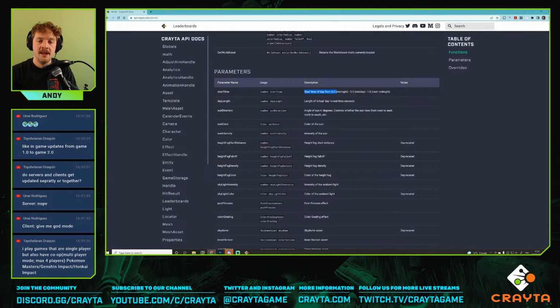Now the start time is a number. You can see that because it says number there. It's a number where 0 is midnight, 0.5 is midday, and 1 is the next midnight. So it's a number from 0 to 1, and that covers the span of an entire day. That's quite common in programming, to have a number between 0 and 1 as the metric for something. Because if you multiply that by 24, you have what hour of the day it is. So 0.5 times 24 is 12. That's noon, isn't it, if you think about a 24-hour clock. Anyway,